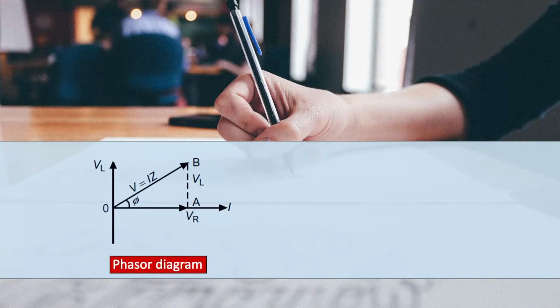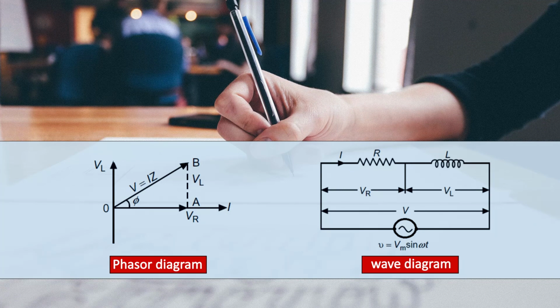Here you can see the phasor diagram. The reference quantity, that is the capacitor voltage, is shown on the horizontal axis, and from the equation of the current you have already observed that the current is leading with respect to the voltage by 90 degrees. Here you can see the waveform of the voltage and current in the given figure. Here you can see that the current is leading with respect to the voltage by an angle of pi by 2, or you can say 90 degrees.